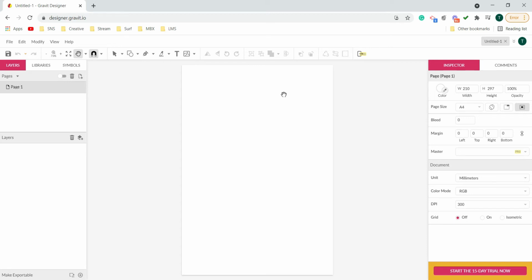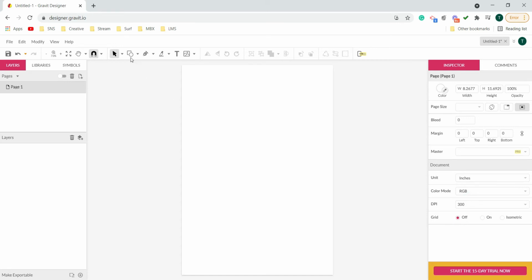if we look at the default units when we are on the canvas, in the inspector properties, we'll come to the document part over here, and here in the unit we can see the default unit is set to millimeter. This might vary. Maybe in your computers it might be set by default to pixels, centimeters or inches. So make sure to check it first. And as I told you, to create the precise dimension of the visiting card, I'll change it from millimeter to inches.